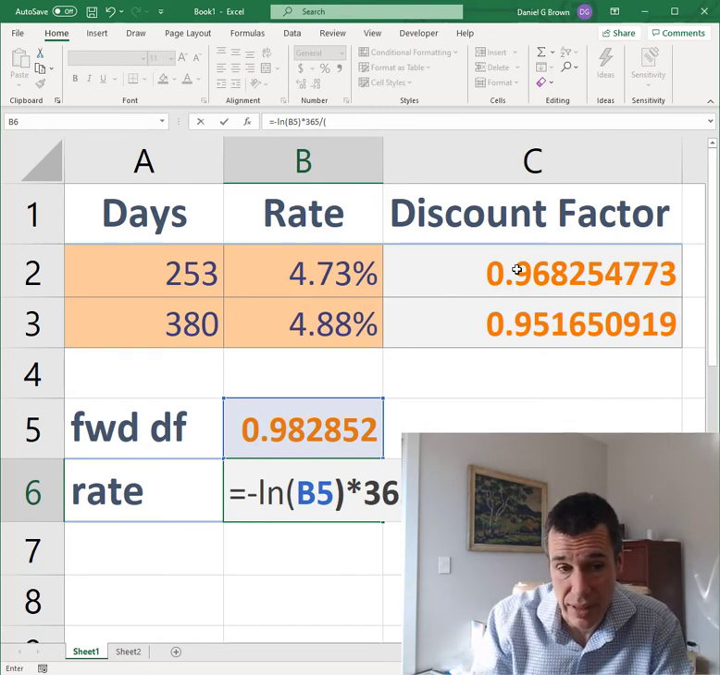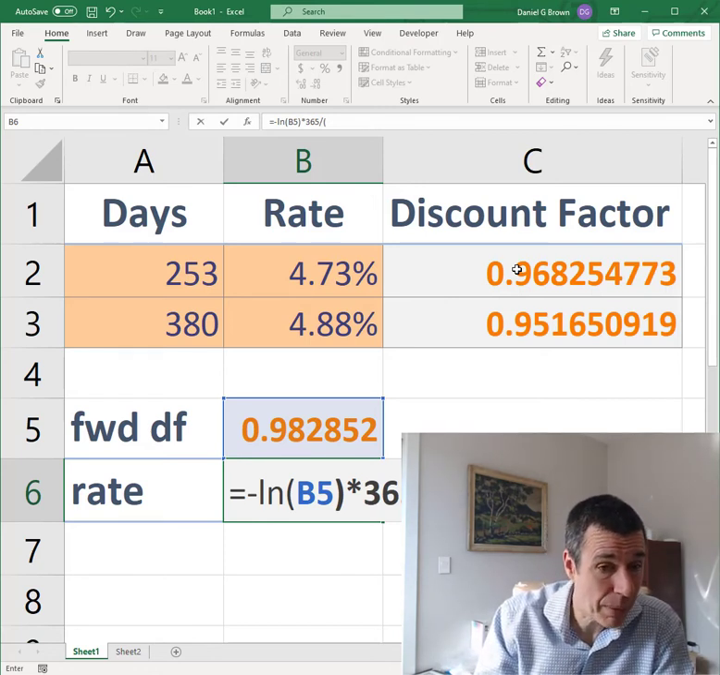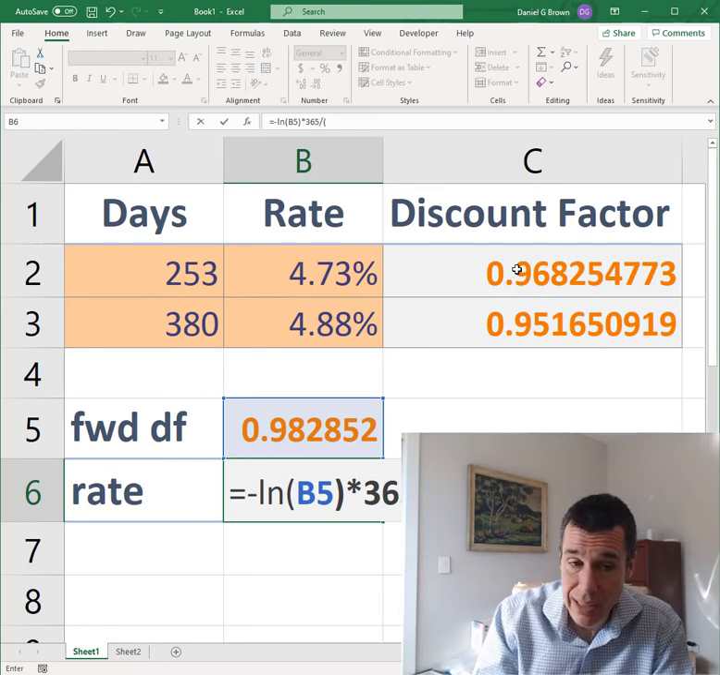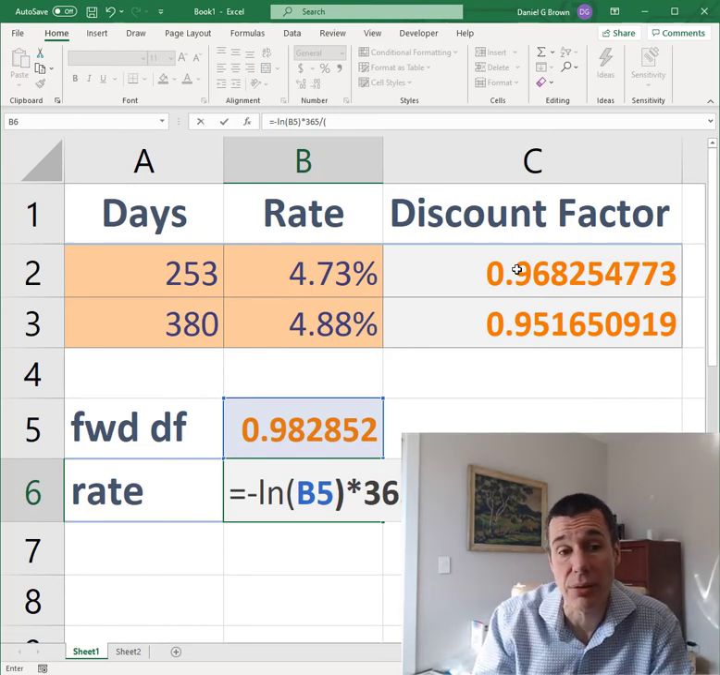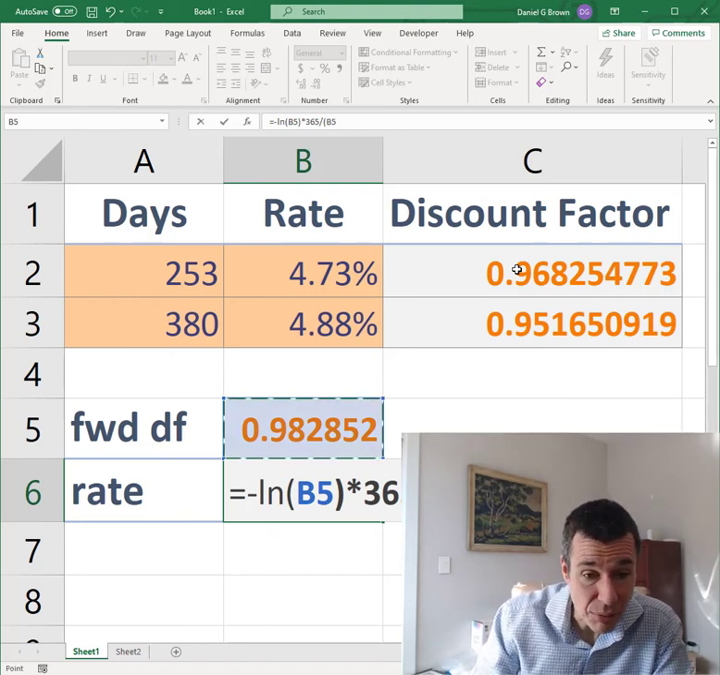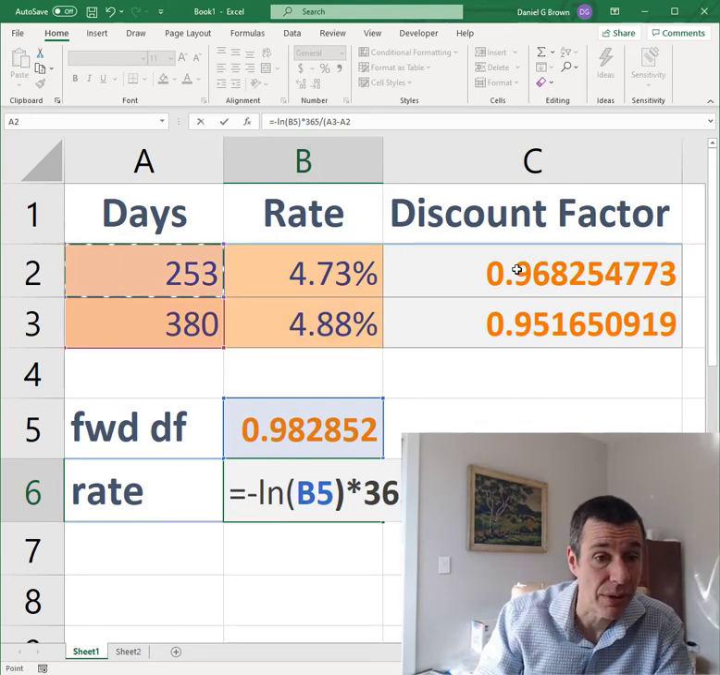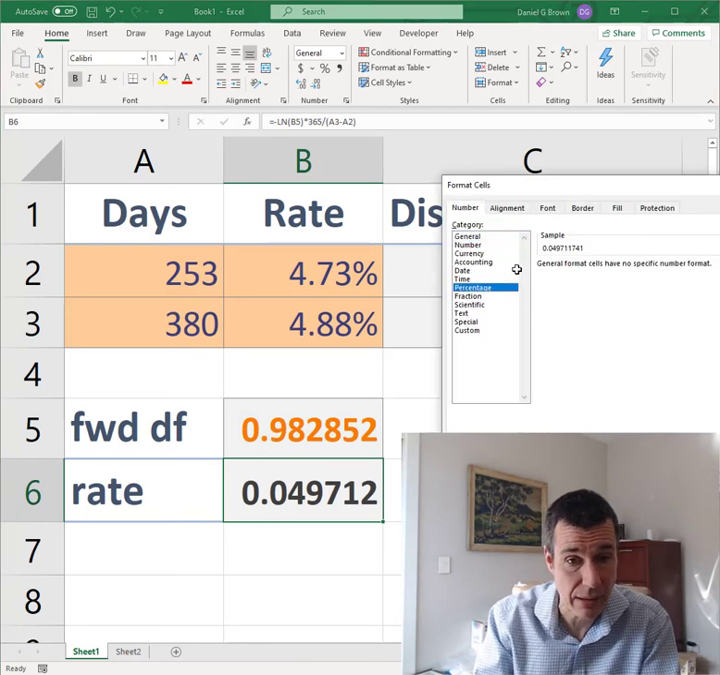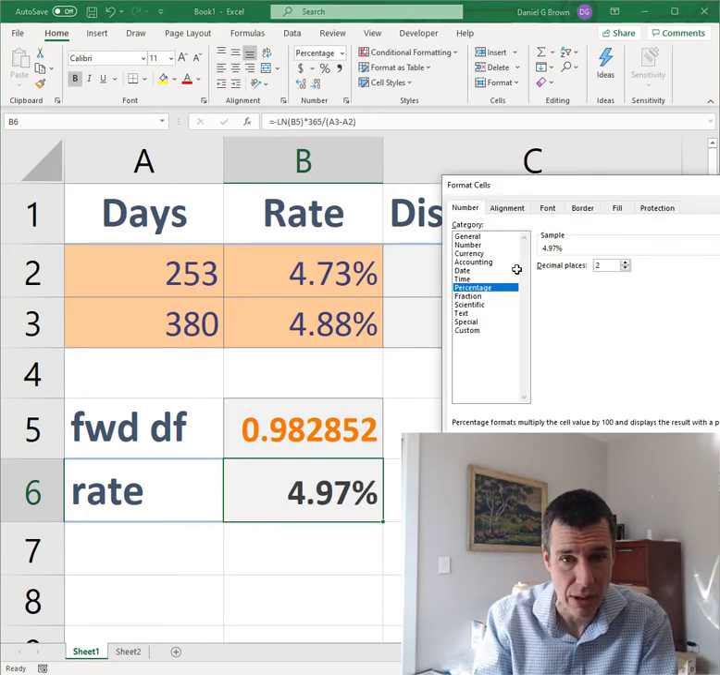This forward discount factor takes $1 paid in 380 days and tells us what the future value is in 253 days. So this discount factor is over the time period 253 to 380 days. That's what this rate is going to be valid for, between 253 and 380 days. So when we're inverting our formula, there's a days in it, and it's 380 minus 253. Let me reformat that as a percent, sorry. Not quite enough decimal places, 4 would be nice,